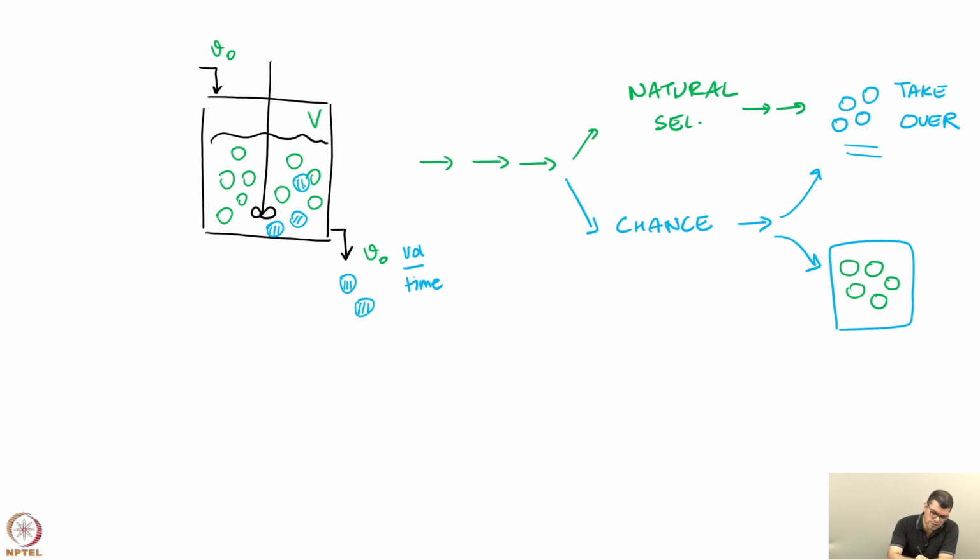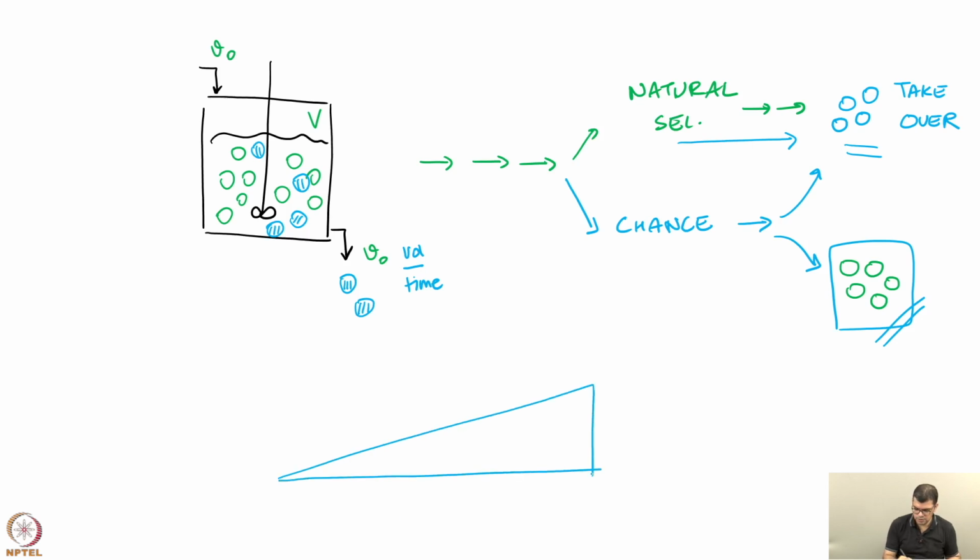The same logic will apply for 3 and 4 and so on. And we should realize that the more time passes and the more blue type individuals there are in the reactor, the more difficult it is for all the blue type individuals to get washed away and drive the system to this state where there are only green individuals in the population. It becomes increasingly harder for the system to move to all green, and natural selection will then drive it to this particular state. So, what we see is that if this is the number of